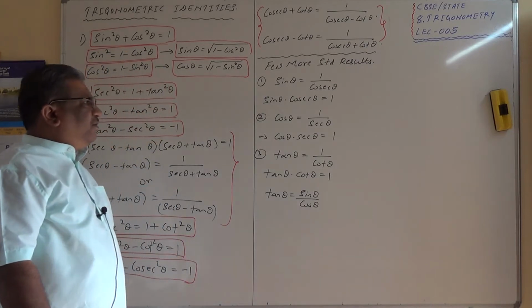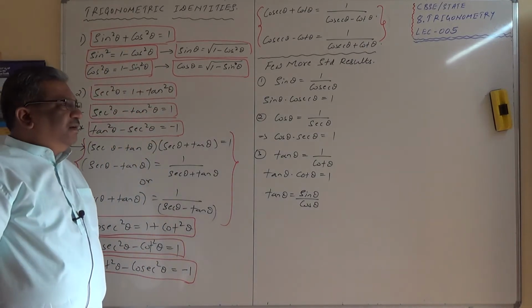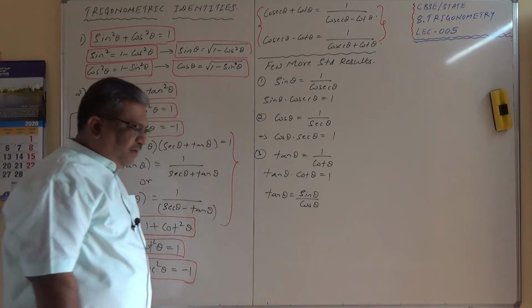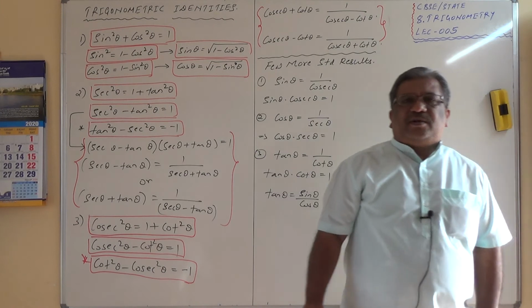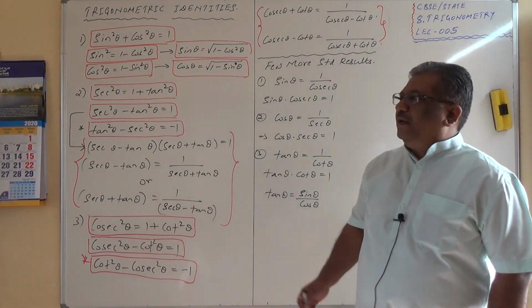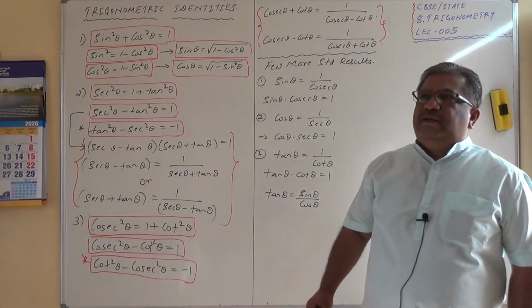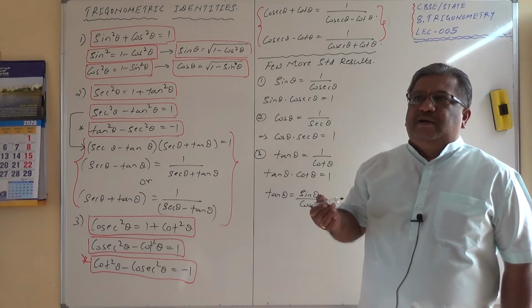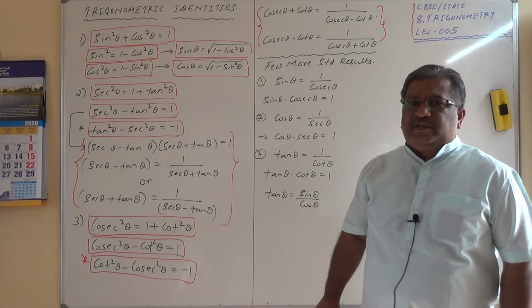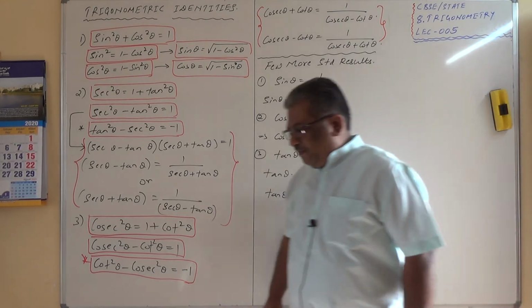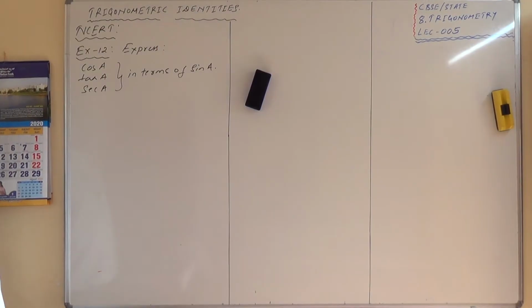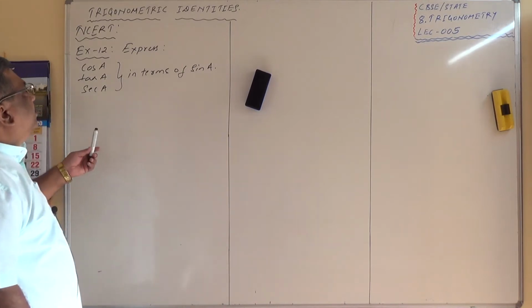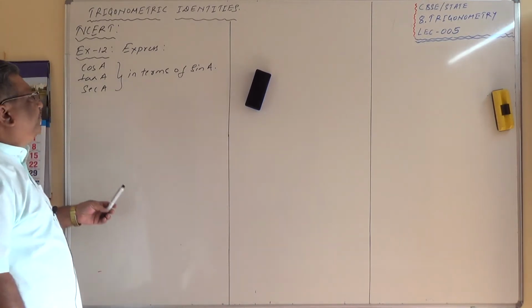So make a note of all these identities, and how to solve these questions is what I'll do here. I'll take first through the exercise numericals. We'll solve some problems, and then I'll take you through the R.D. Sharma to have a glance at the nature of previous year questions. So first make a note of all this. We'll begin with the NCERT textbook numericals.